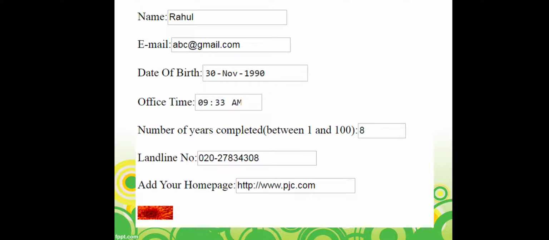There are various different controls. Maximum are all text box. Only the thing is that they will accept different types of input. So here we'll be using the input restriction. I hope you remember we had seen the newly introduced HTML controls and also the restrictions.